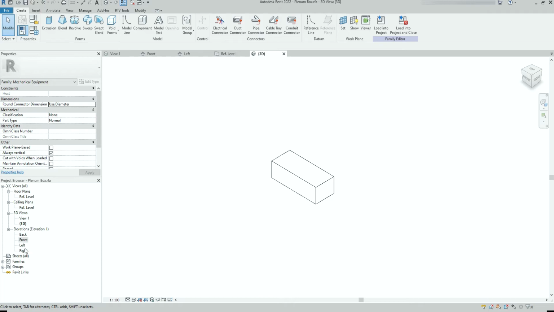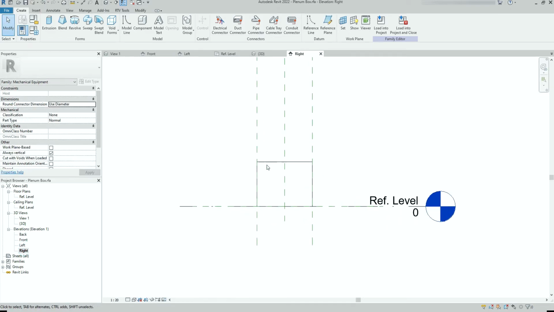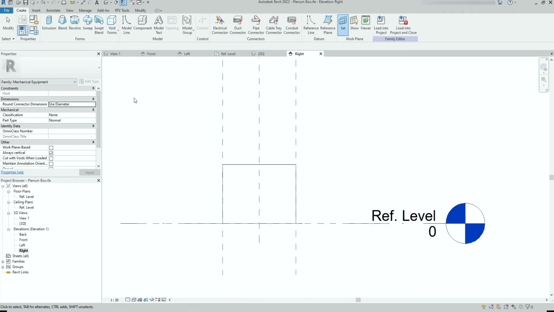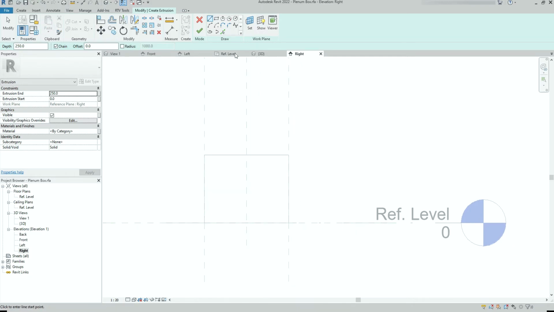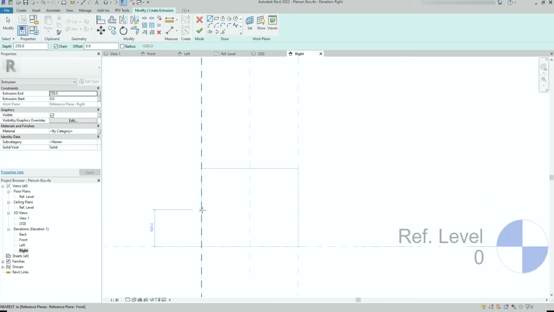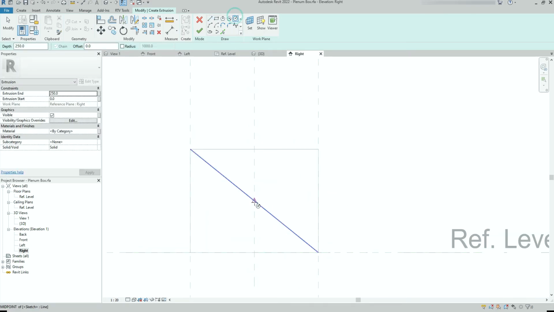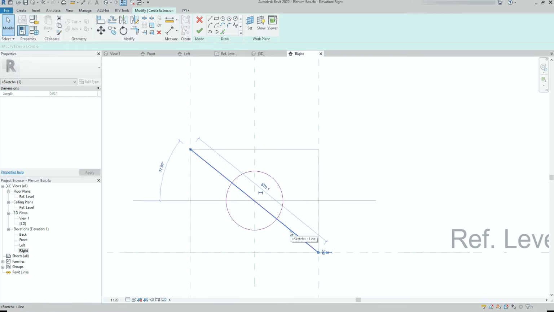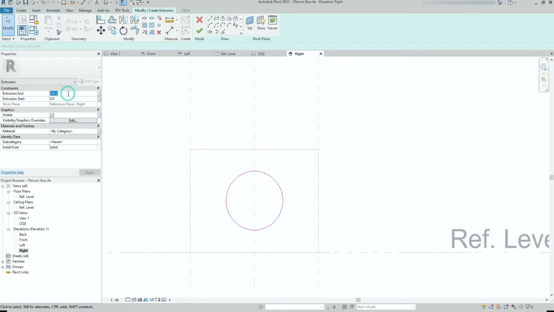If I go to the right elevation, set the work plane to right, and create a circle extrusion. I'm going to draw this line just to find the center. Make it 200 in diameter. Delete this line. Let's make it 50 mil extrusion and finally hit the